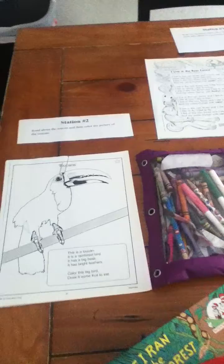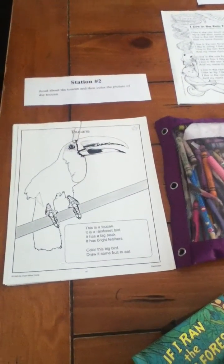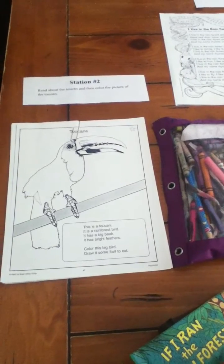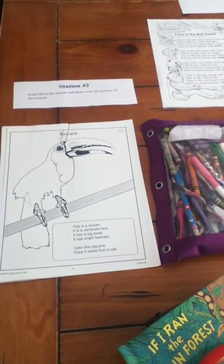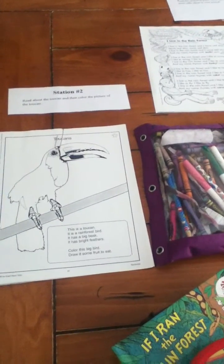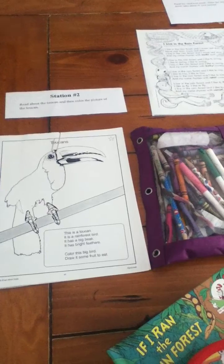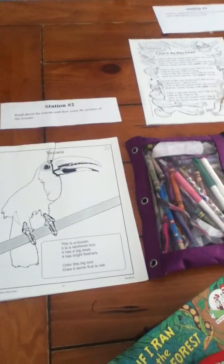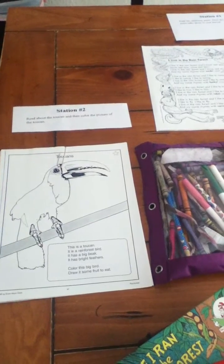The second learning station that I have set up is where students will read about the toucan and then they will color a picture of the toucan. This will also appeal to visual and hands-on learners. Modifications can be made with either having a partner or having a teacher's aide that could help English language learners